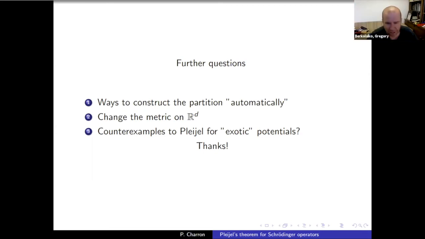Can I ask a question, please? Yes. So for the growing potential, my intuition would be that the eigenfunction doesn't oscillate in the classically forbidden region. So the fact that you require an upper bound on the growth is a little bit counterintuitive, because if it grows faster, then it just squeezes the number of nodal domains further.